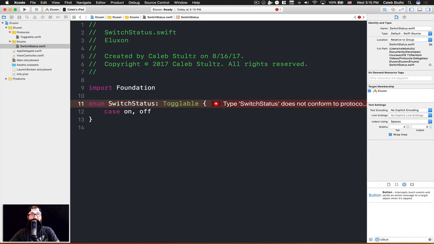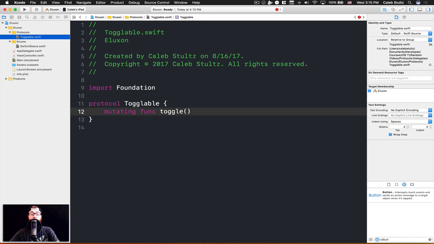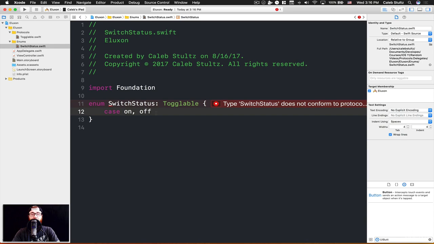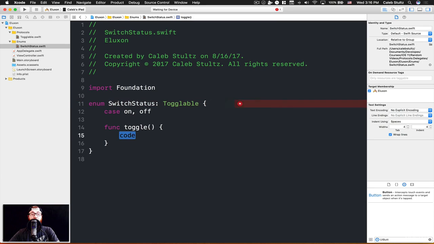But of course, it's going to yell at us saying that we don't yet conform to this protocol. How do we conform to it? By implementing the mutating function toggle. So let's go ahead and do that beneath our cases here by typing toggle. And you'll notice that the function toggle comes in here, but remember, we want it to be mutating, so we